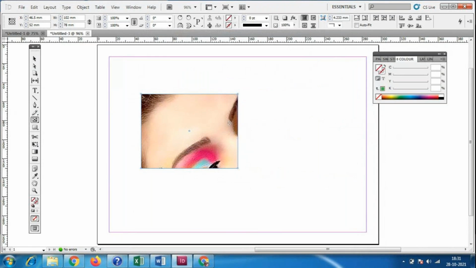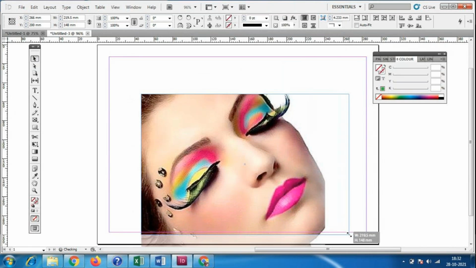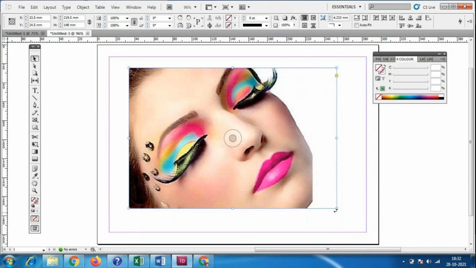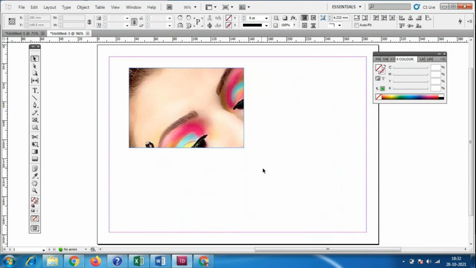The image comes like this, but what is the problem? The image does not come properly. According to the shape, we have to make a very big shape like this, and then only the image will come like this. Otherwise we have to reduce the size of this image. Correct. So what we have to do,